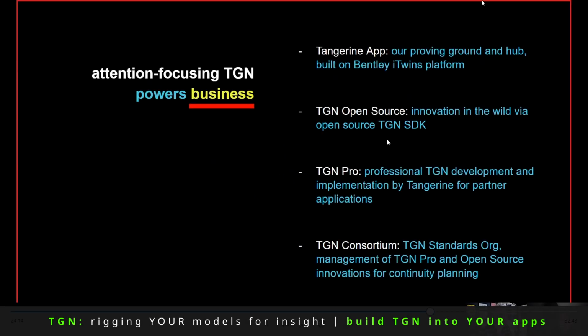All right, we'll have a Tangerine app built on the iTwins platform. Then there's